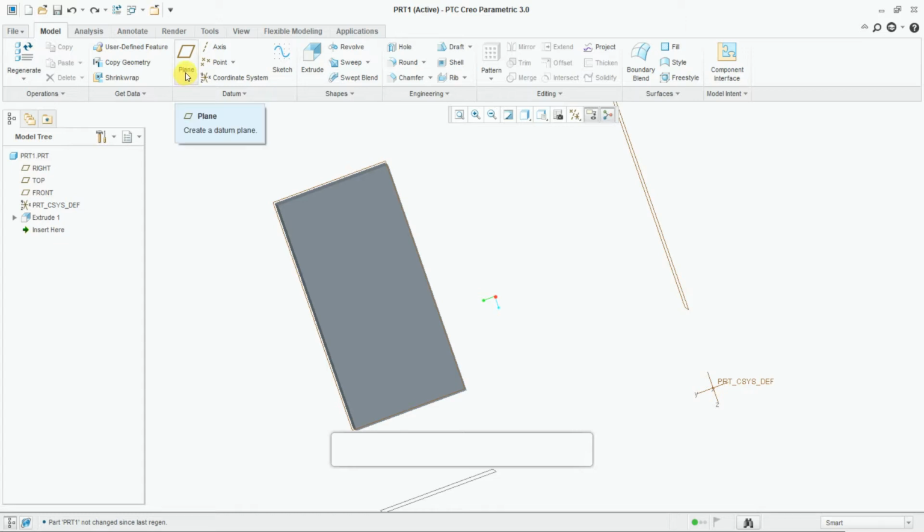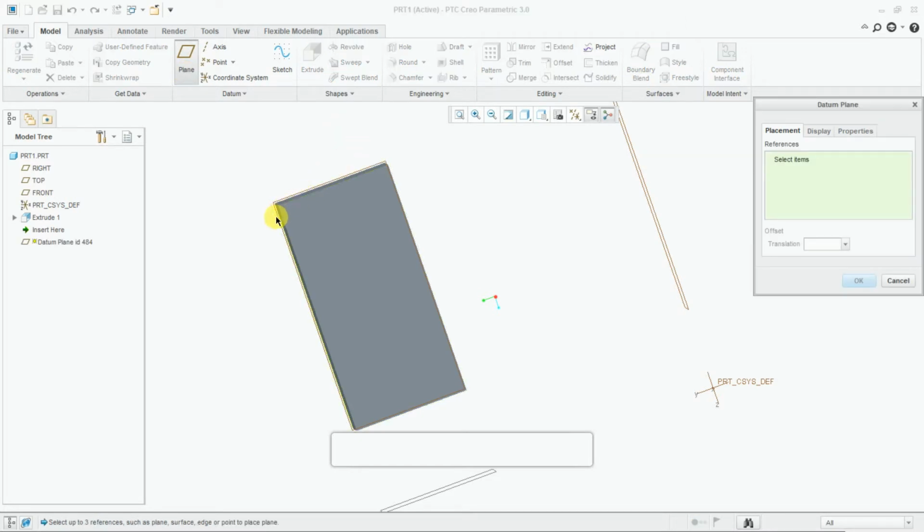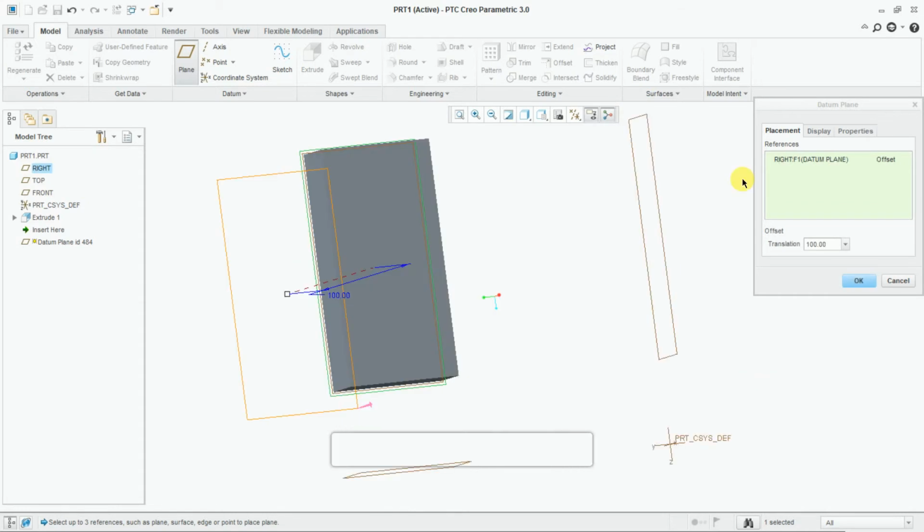Like I want to select this plane and we want to shift this plane. So this is another plane